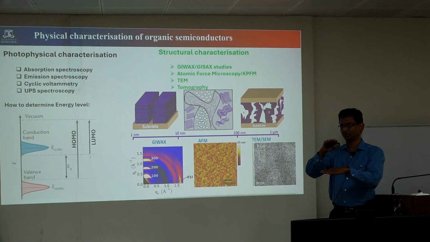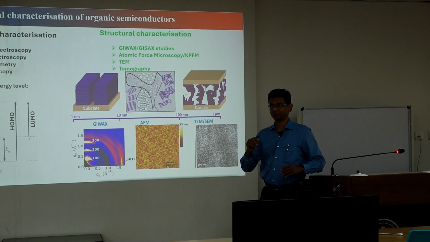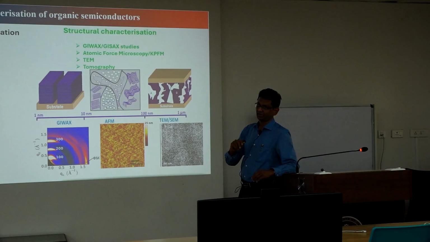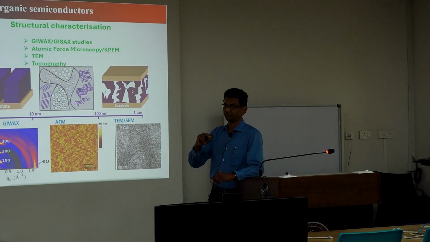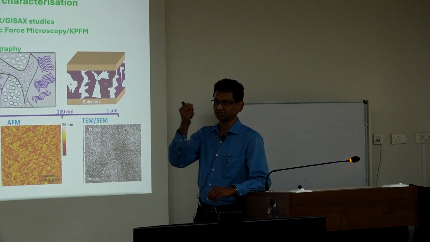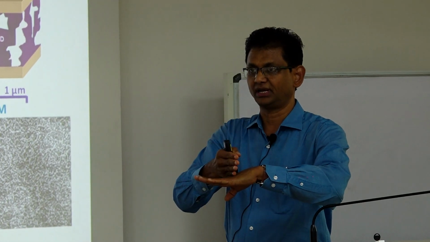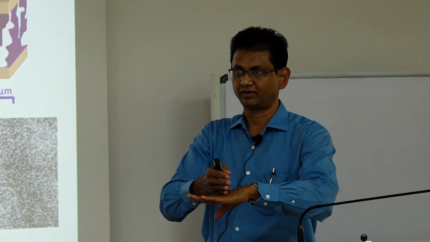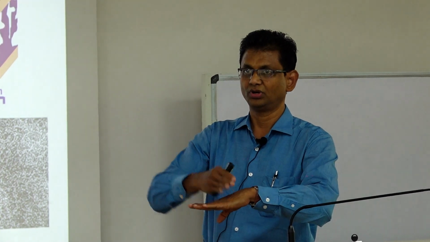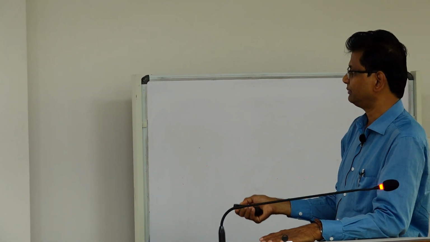They will stack together, and then it will have a regular arrangement of these pi electrons. This pi stacking is the preferable arrangement for charge transport. Suppose one layer is like this and another molecule is coming vertically. This is unfavorable for charge transport. So only pi electrons will conduct charges in this case. So those types of things we can